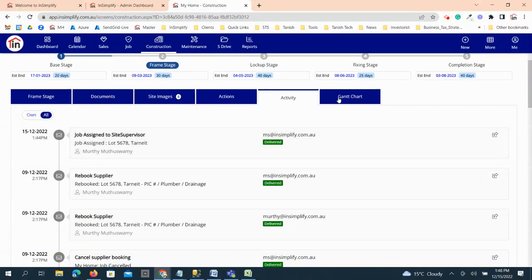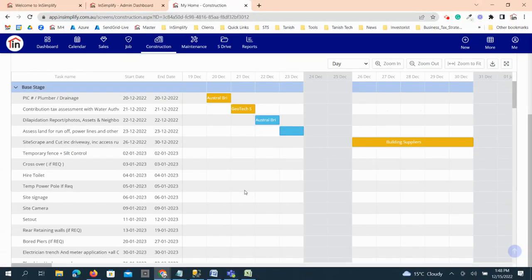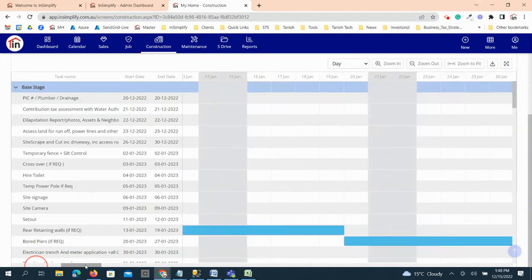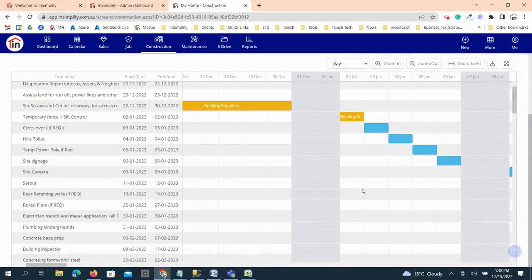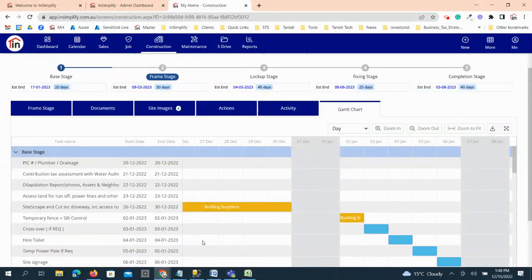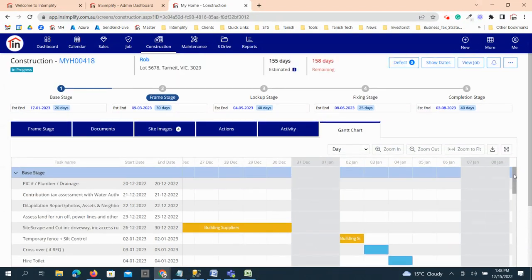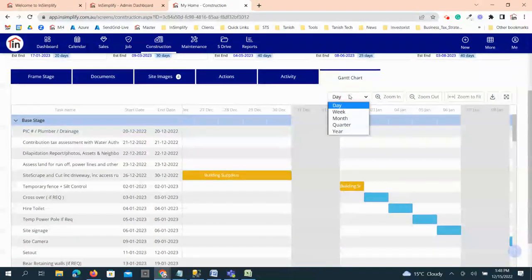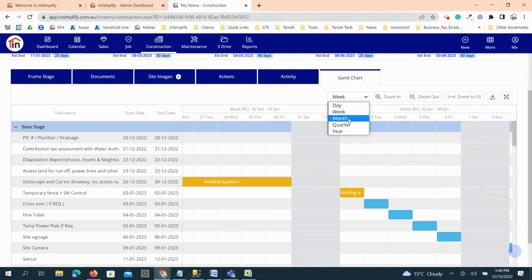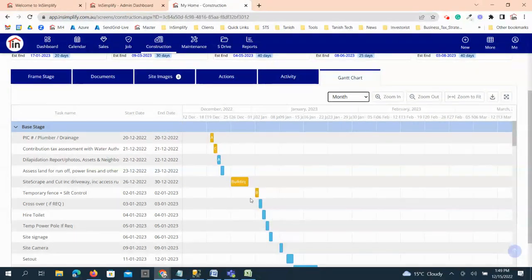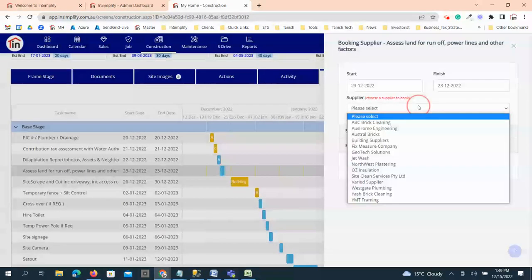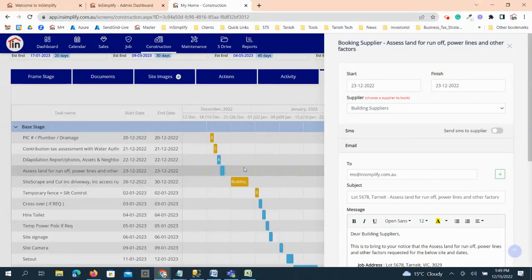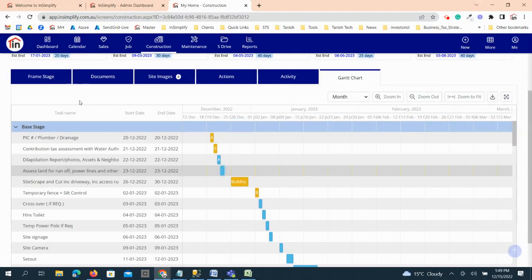And there is another option, it's called Gantt chart. You can see your schedule on the Gantt chart view. So this shows all the scheduling on the Gantt chart. You can just drag right and left and see all the bookings and scheduling. And there's an option to filter by weekly, or you can see by monthly as well, and different options. You can also do all the bookings from here directly. You can select the suppliers and do the bookings directly from the Gantt chart, similar to how you do normally